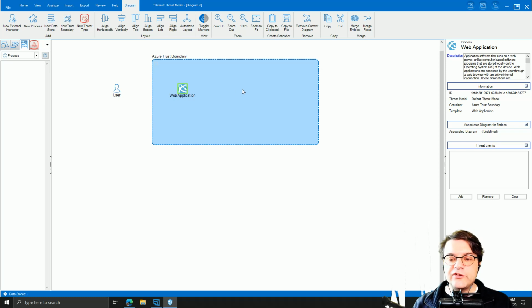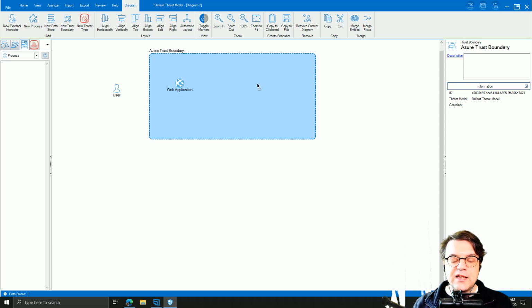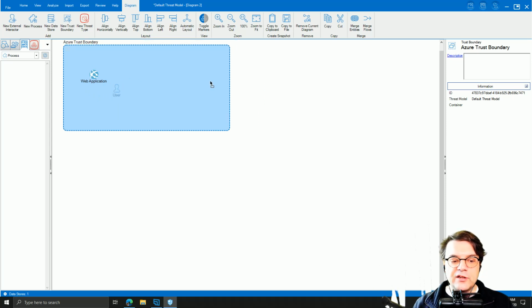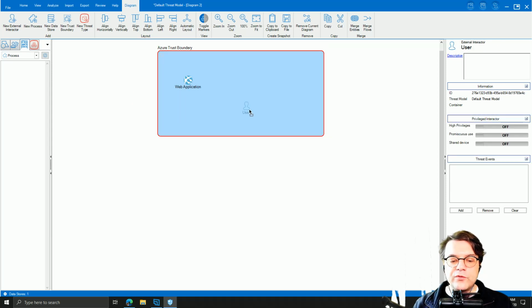So now it understands that the web application is under a trust boundary, is included in the trust boundary. Proof is that you can move the trust boundary itself. And essentially, it creates the trust boundary itself. Now it's interesting to note that if I move this trust boundary over, the user appears under the trust boundary. In other words, the user is not part of the trust boundary. To make the user part of the trust boundary, I need actually to drag,